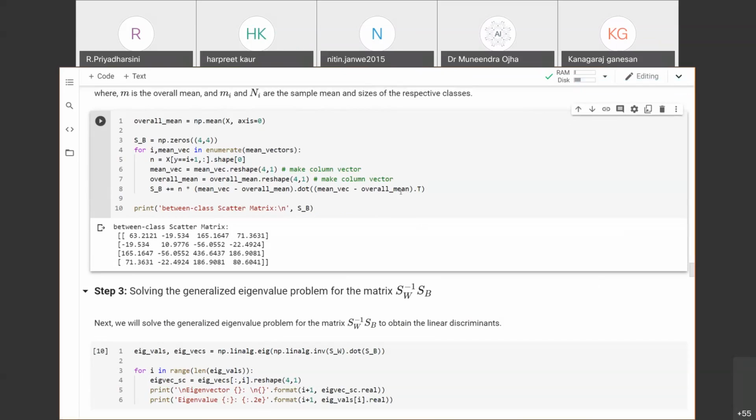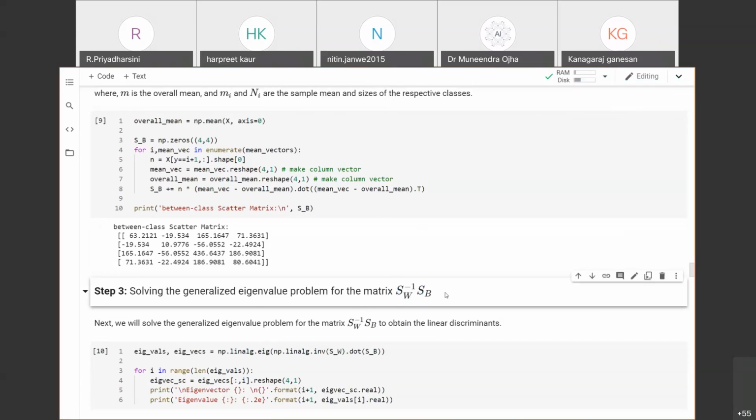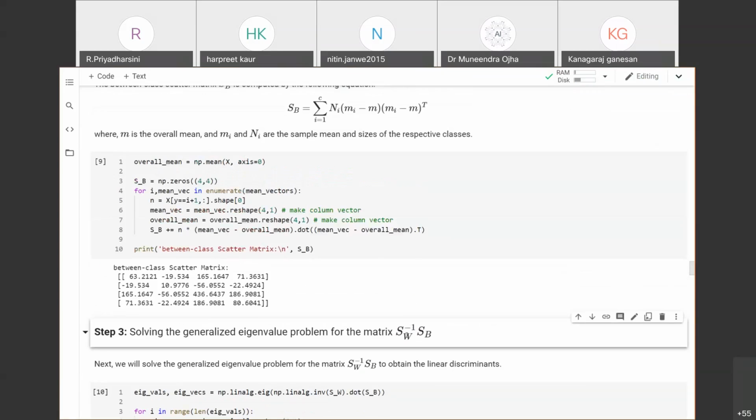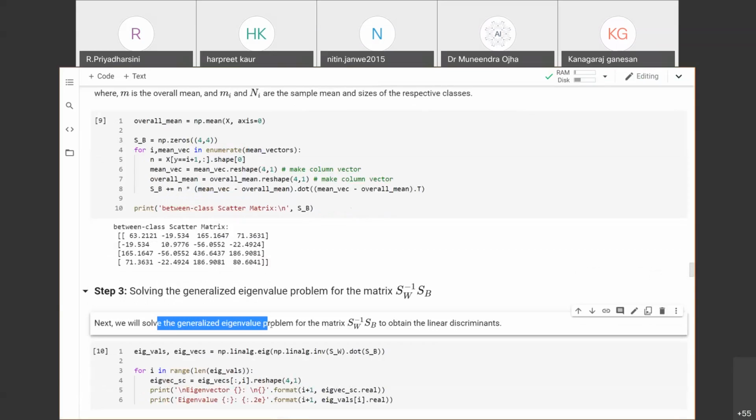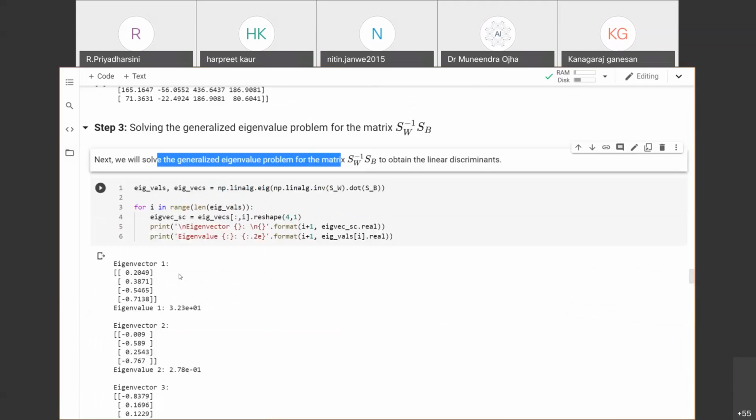Okay, thank you, ma'am. So when we solve the generalized eigen equation, we have to solve this matrix. These are the two matrices, within class and between class. So we will create a new matrix, S inverse within, which will be the inverse of the within class scatter matrix multiplied by the between class scatter matrix. So we will get one matrix for which we are going to find the eigenvalues and eigenvectors. We will solve the generalized eigenvalue problem for this matrix to obtain the linear discriminants, and these are the